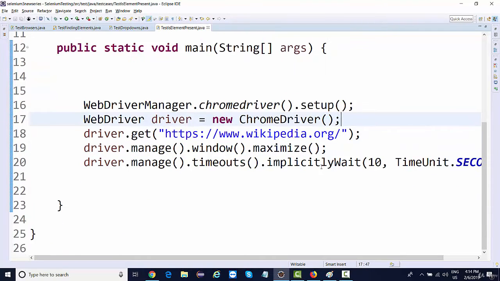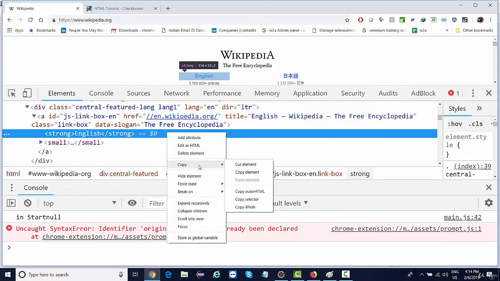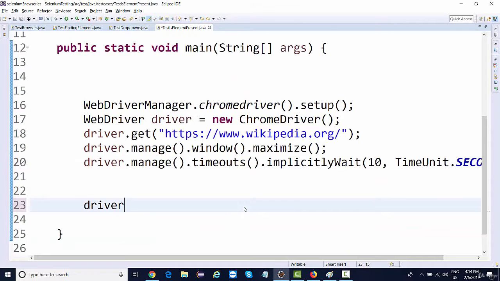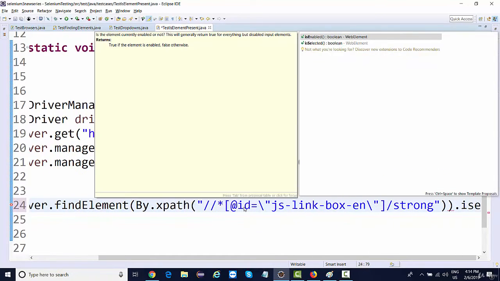Okay, the URL is the same, so that's fine. Now I want to check the presence of this element, so I'll again copy the XPath and I'll call one of the methods, driver dot find element by dot XPath and say dot is element.